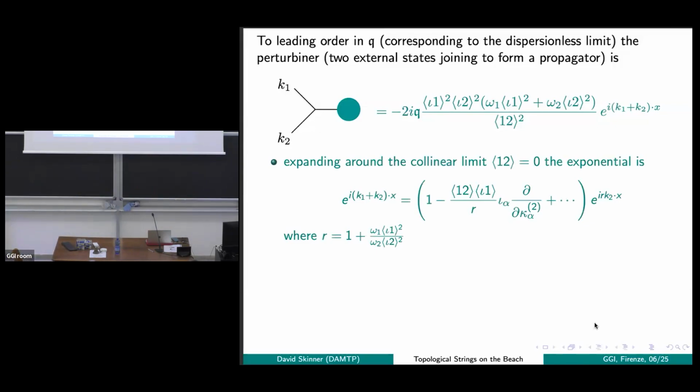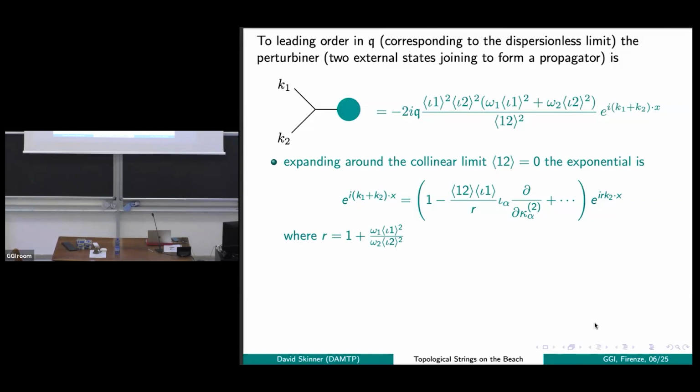Okay, so now to understand what happens, we've got a nice singularity as 1 and 2 become proportional. There are various places where that can be cancelled. There are various factors of ⟨1 2⟩ in the numerator, and there are also factors of ⟨1 2⟩ hiding in the momenta of the propagator in position space at the x end, where it joins the rest of the diagram. So in particular, expanding out this momentum eigenstate as kappa 1 becomes close to kappa 2, you find that it's equal to this.